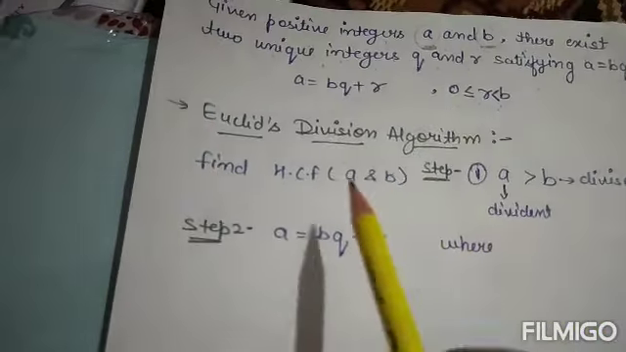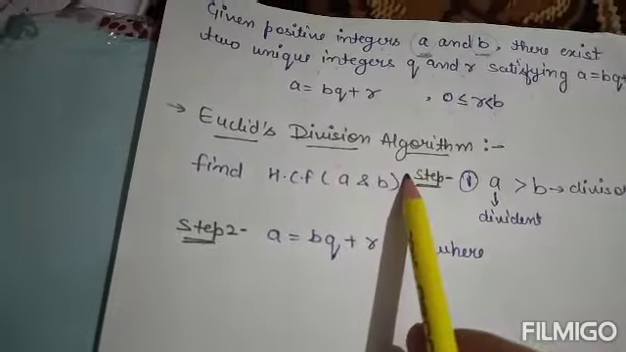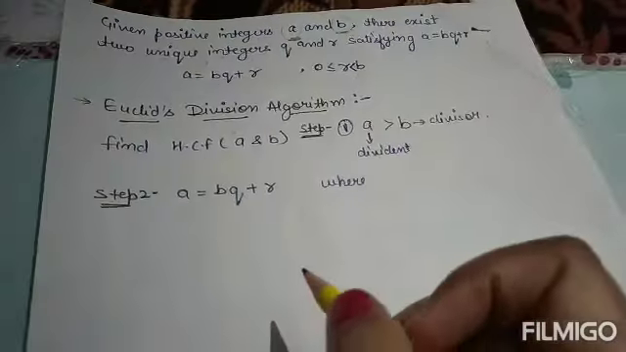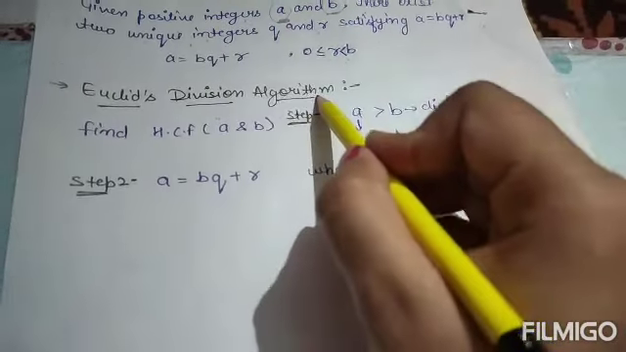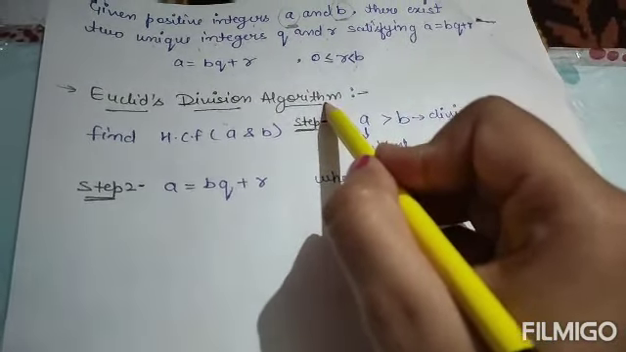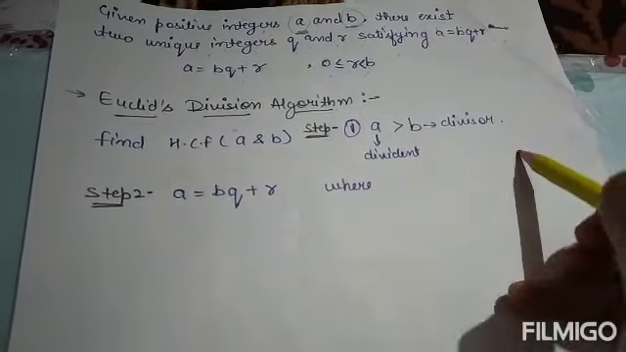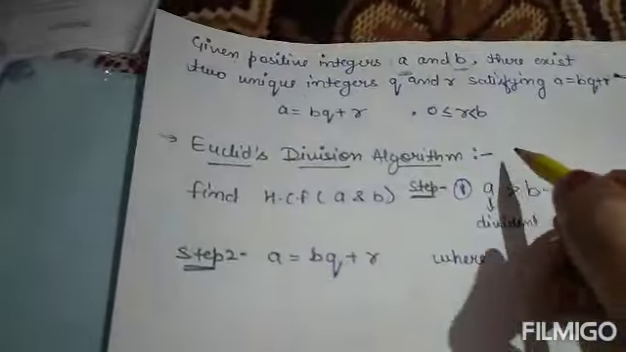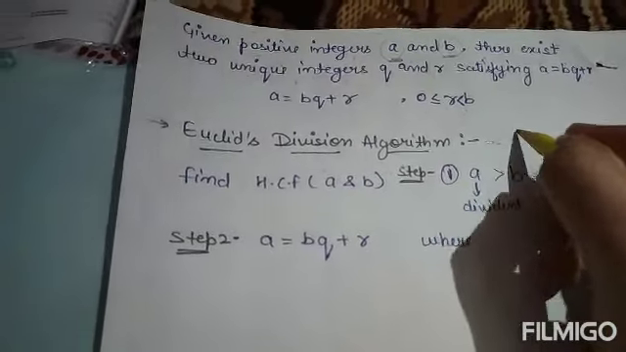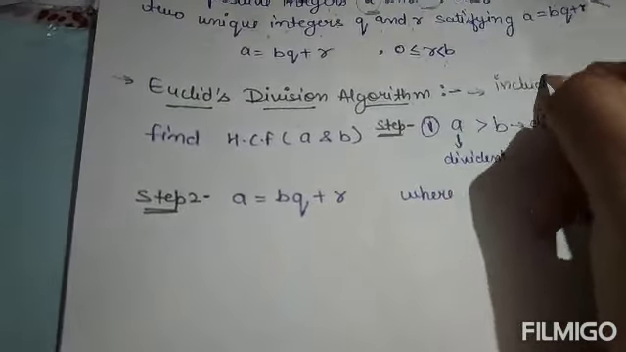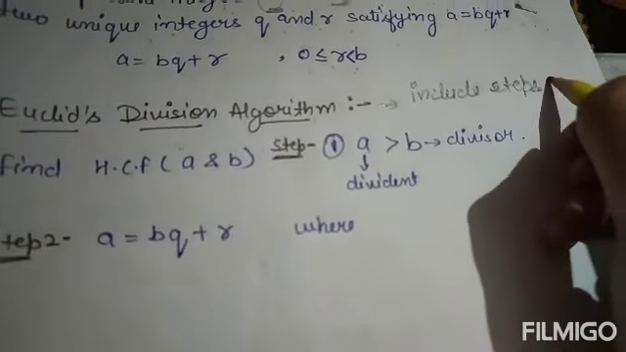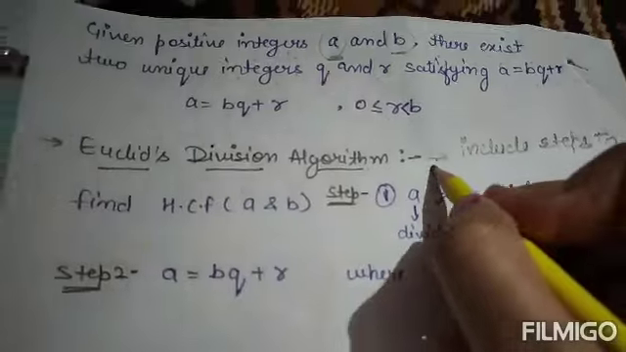Now we will talk about Euclid's division algorithm. What is the difference between algorithm and lemma? So look, an algorithm always includes steps. There must be a step to proceed on a question. So what is Euclid's division algorithm? Euclid's division algorithm includes steps to find